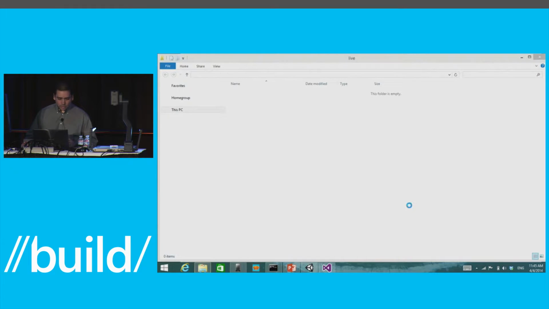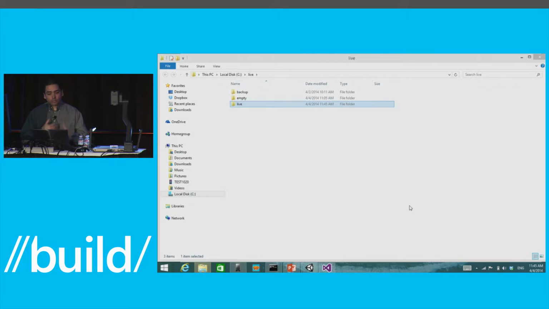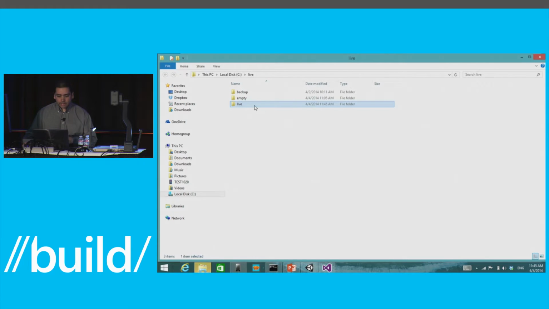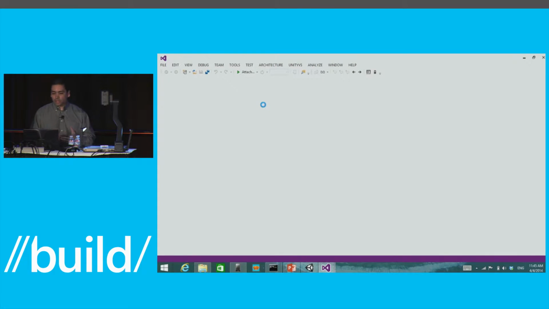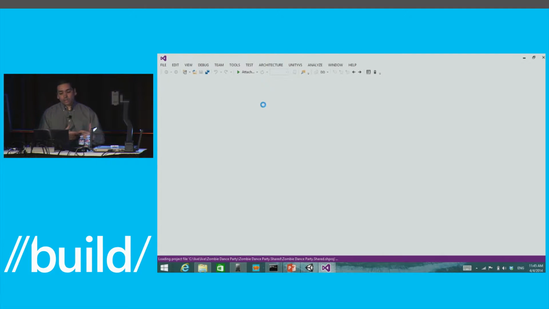There we go. So what you see here, it actually went in, processed the build, and it probably took a little longer than usual because it's building for Windows Phone and for Windows 8. So you'll see it right here, it created this live folder that I showed you earlier, and now I can launch the solution from here. So this will be one Visual Studio solution that has a universal project that will target both Windows Phone 8.1 and Windows 8.1. And I'll show you how much code they're sharing in a minute.